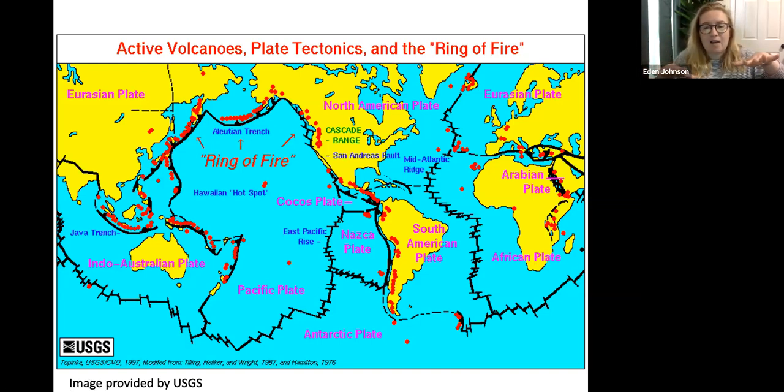And as they are moving, sometimes they will go like this, and now you've got a trench. Sometimes they will go like this, and you've got a volcano. Sometimes they'll go like this, and you get an earthquake. So all of these things are happening beneath the surface of Earth, and that is causing all of these continents to just constantly be shifting. And we can actually see how much these plates are moving, because you can see,